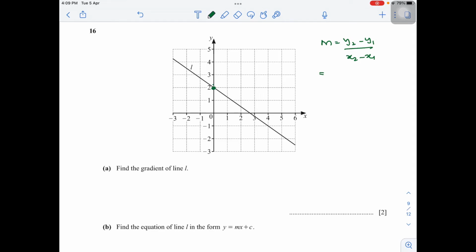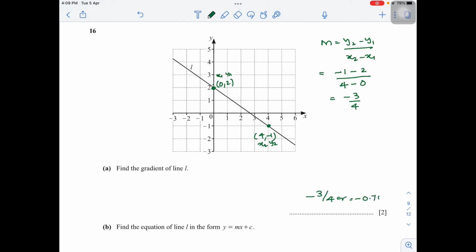I'm trying to find exact values wherever there are exact values. So this point is (0, 2) and this point is (4, negative 1). This is x1, y1, and this is x2, y2. What if I take this one as x1, y1 and that one as x2, y2? Doesn't matter, the answer will still be the same. So that's negative 1 minus 2 over 4 minus 0. So negative 3 over 4, negative 3 quarters,